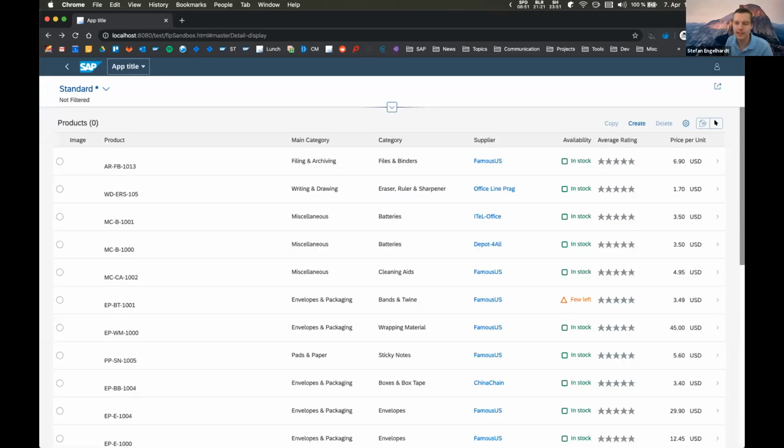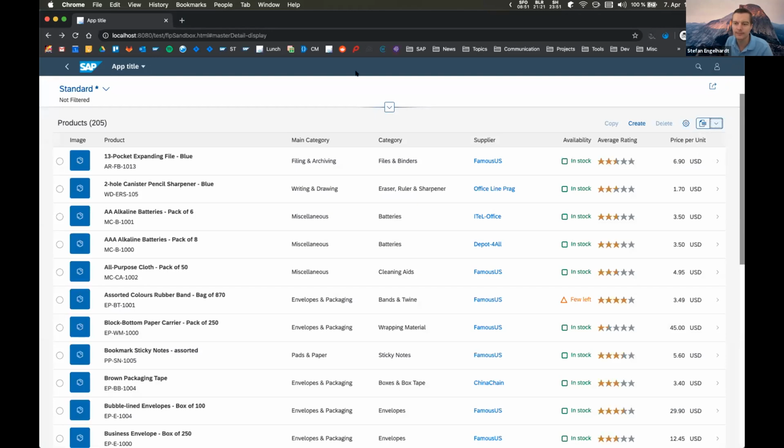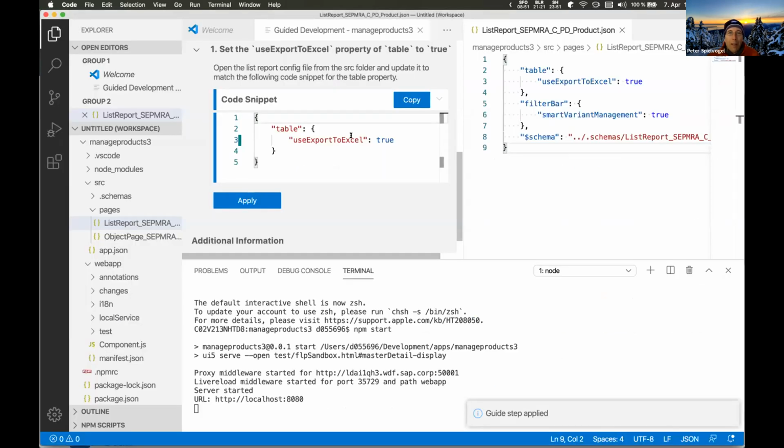And this looks good. So the Excel export is here. So you were able to add that button without having to write any code. The code was injected automatically for you, right? Exactly. And another thing,